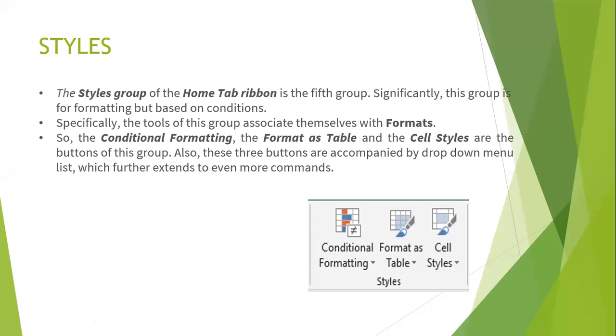Basically, we have seen how to format our sheets. Formatting is nothing but changing the color of a cell, changing the color of the font, increasing the size of the font, all those basic things. Now the slightly more advanced level of formatting is what we call conditional formatting. Along with that you can convert your set of data into a table, and also assign different styles for that table or even for individual cells. So in this style group we are going to cover this.